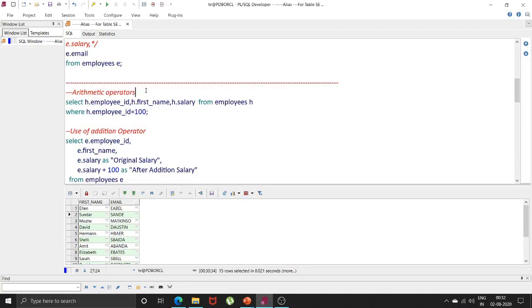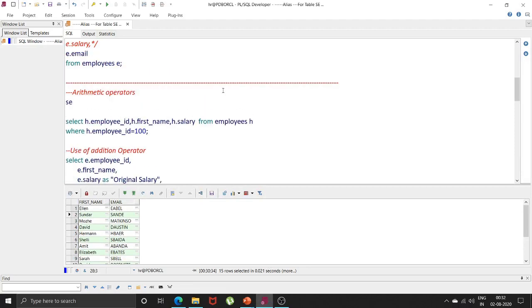So I will execute my complete table again, that is select star from employees.